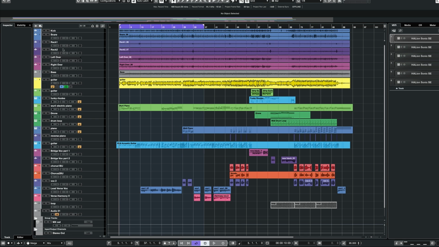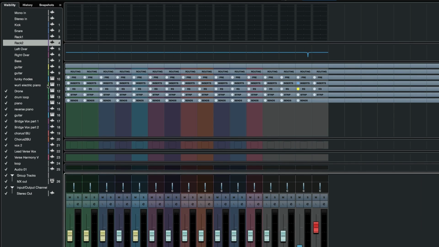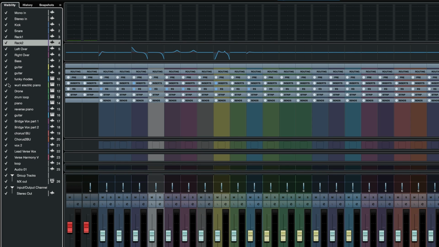They're still in the project. Notice if I go back to the project, there they are, the snare, the kick, everything is still there in the project. I haven't changed anything to the actual music or what's happening in my sequence. All I've done is decided, hey, I'm going to filter. I'm just going to make them disappear from my mixer view so I can work and focus on the tracks that I want to work on. So that's the visibility, pretty self-explanatory in that sense.